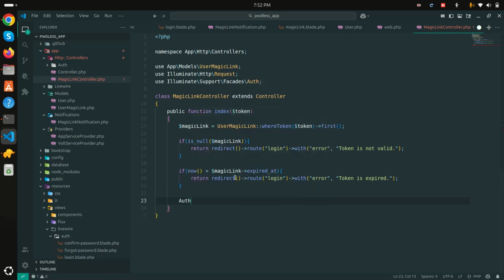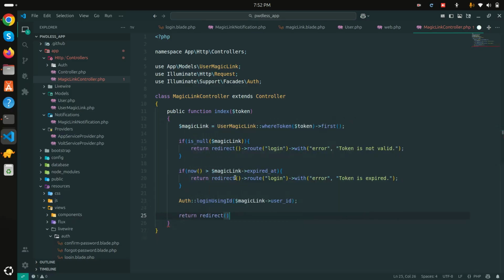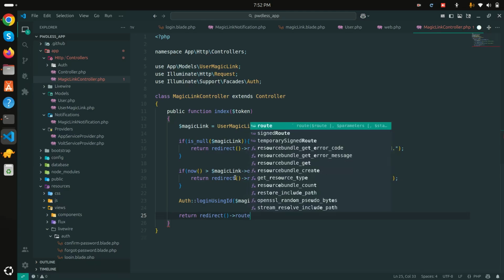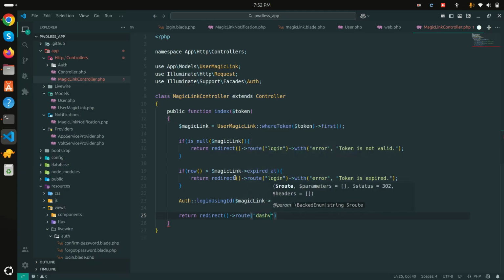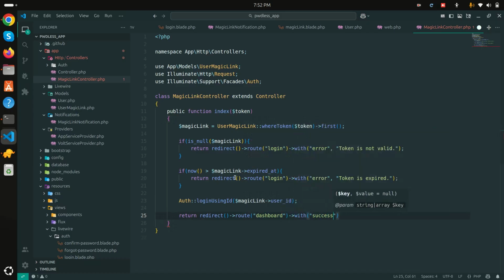illuminate facade, and then I will say login from the ID. Okay, so I will say login using the ID, and I will take the ID from magic link object user underscore ID, and then what I will do, return redirect route, and route is dashboard. Okay, and same thing, I will pass the success message over here, success and logged in